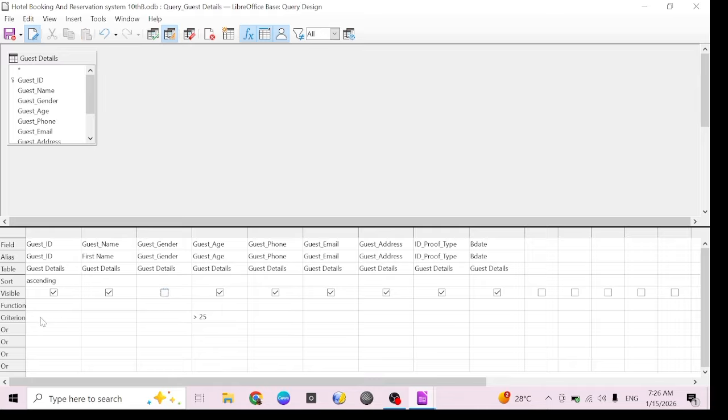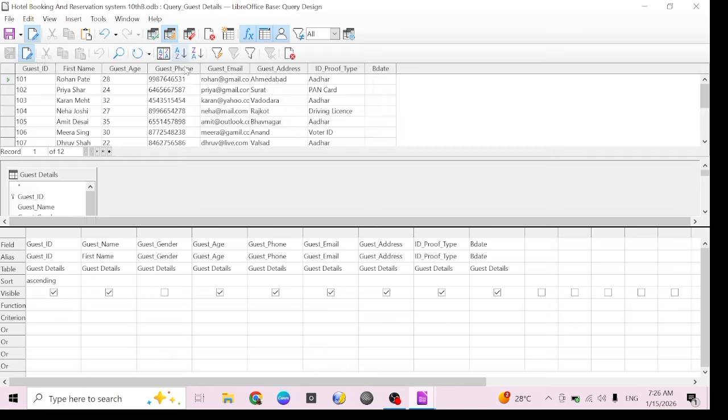Okay. Then function and criteria. Look at criteria field. Criteria greater than 25. I am removing it. Okay. Again save, and here is the run query or F5 key. All the records are there. Look,